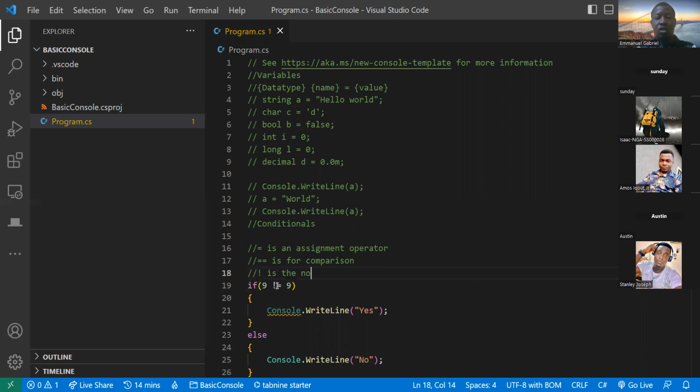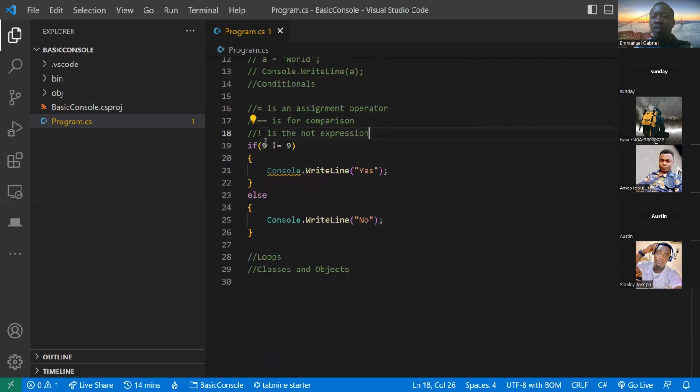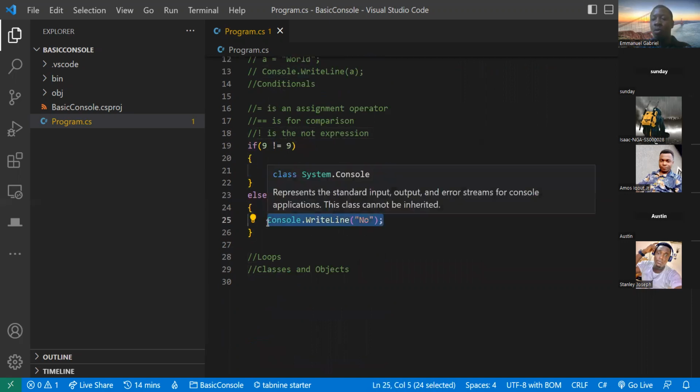So it's not equal. It's not like greater than and equal. No, it's not equal. And as you can see, 9 is equal to 9. So it's already saying that it won't get to this code, but it will get to this code. And that is what conditionals are, right?